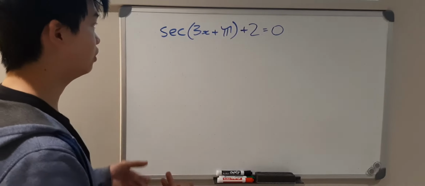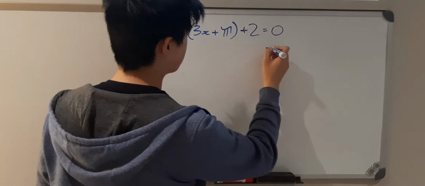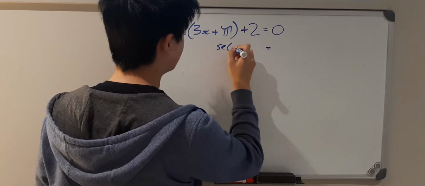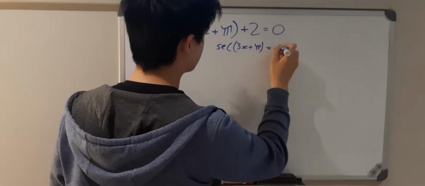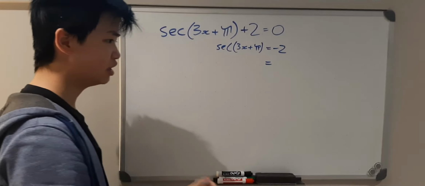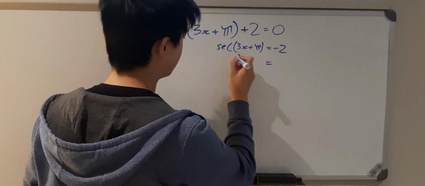Hello, so we have a question here where we have to solve for x. So first I'm going to subtract 2 on both sides, so secant 3x plus pi equals minus 2. And we know that secant is just 1 over cosine. So if we apply that, 1 over cosine